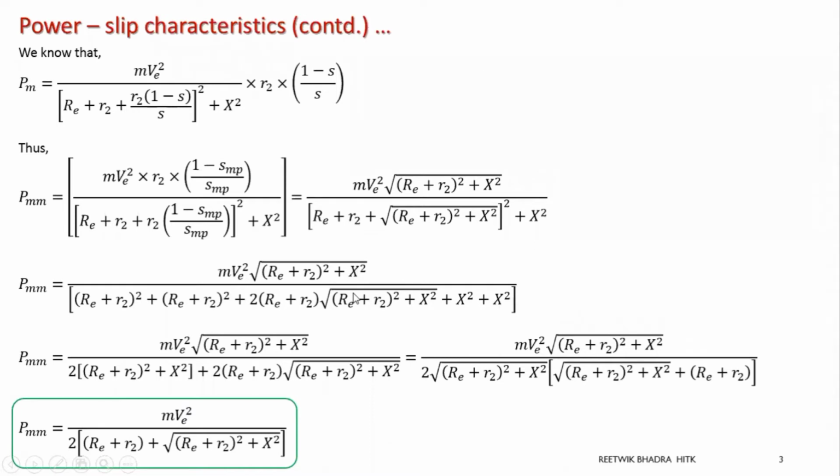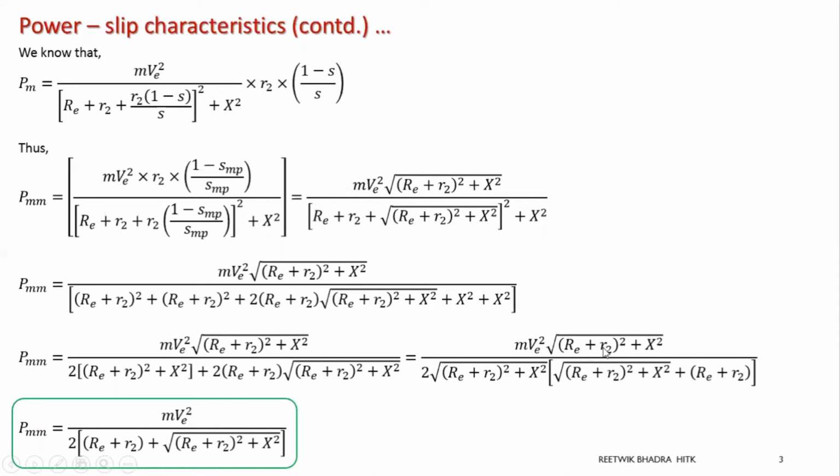Now, what we will do in the next step is take twice. Okay, so we will just add this. This RE plus R2 whole square appears 2 times. So we will get twice RE plus R2 whole square. Right? Then there are 2x square. That means we will get 2x square. So we can take 2 common and write in whole RE plus R2 whole square plus x square. And the remaining term is twice this one into the square root of this term. So that is what is written over here.